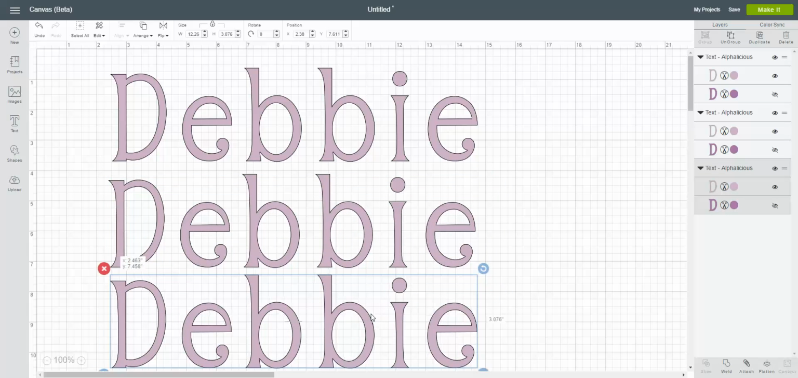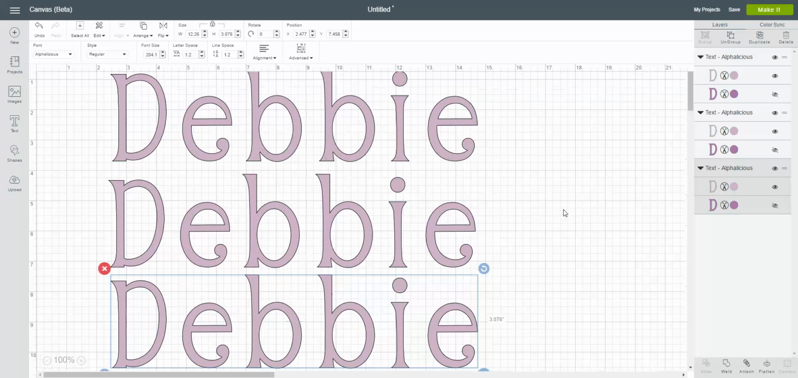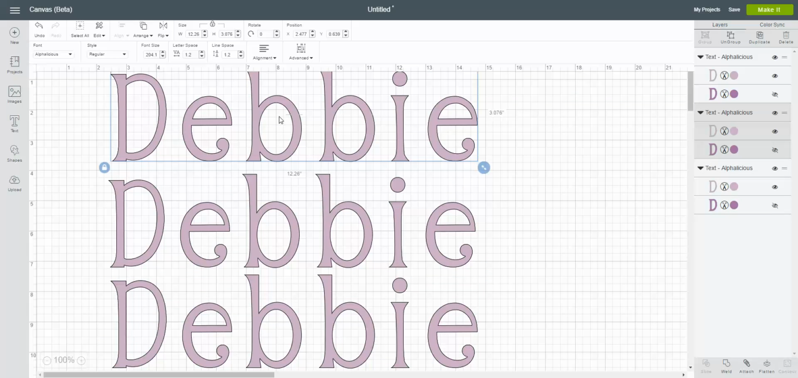I'll move these up a little bit. Make sure you can see that easy. Okay, so the first one that I have highlighted here is just the regular font style. All right, now if I go to the second